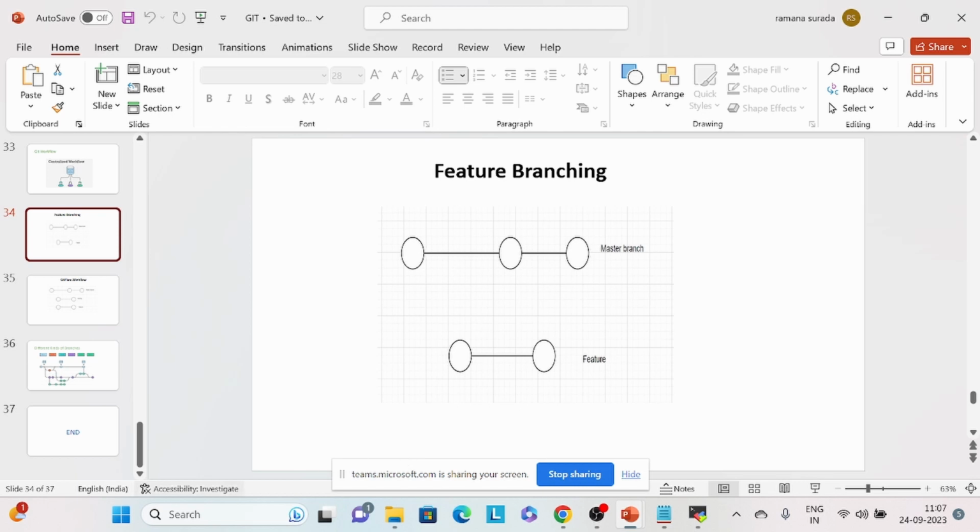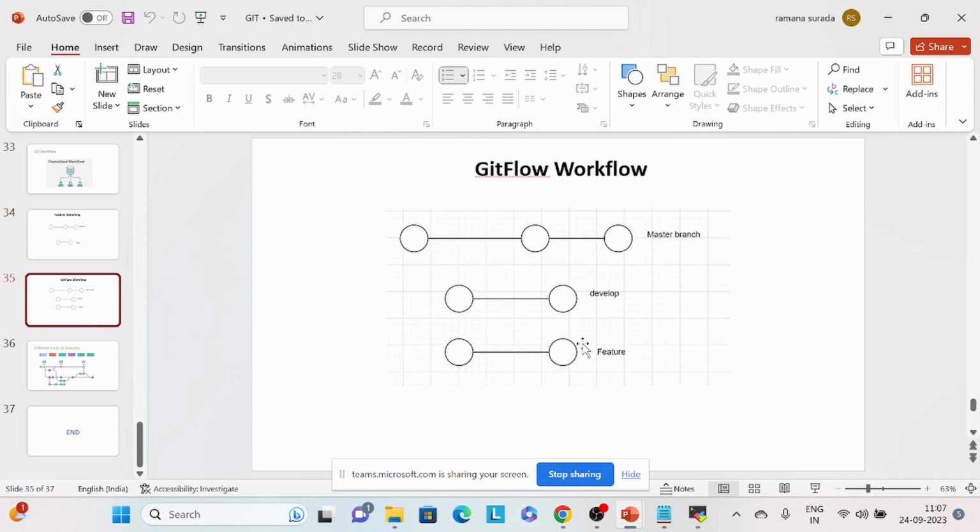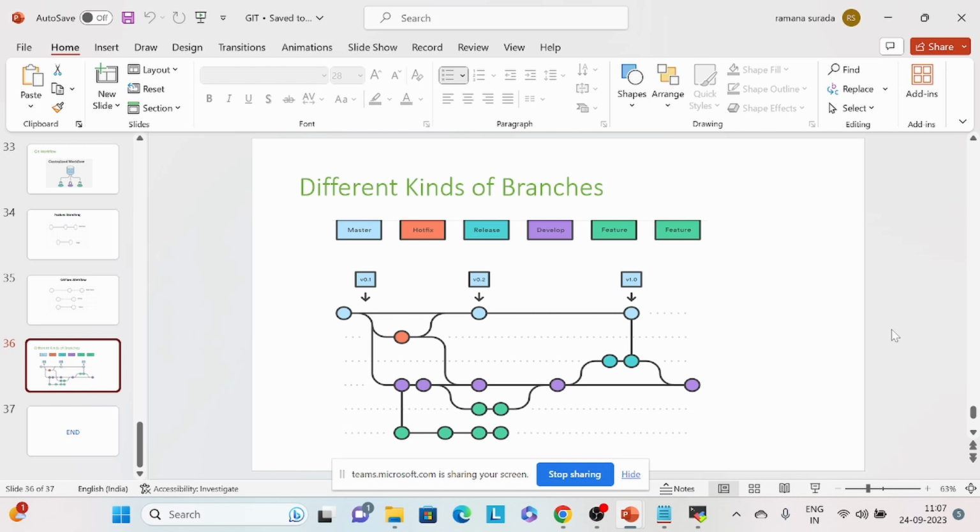The next one is the Git flow workflow. I think 90% of organizations are following this one, the Git flow workflow. I can elaborate on this Git flow workflow with this diagram. I think this will include all the branches. Many organizations will follow this strategy. So if you see here,